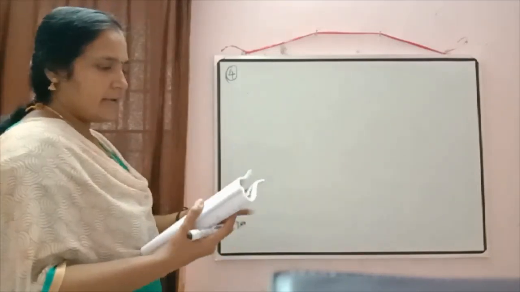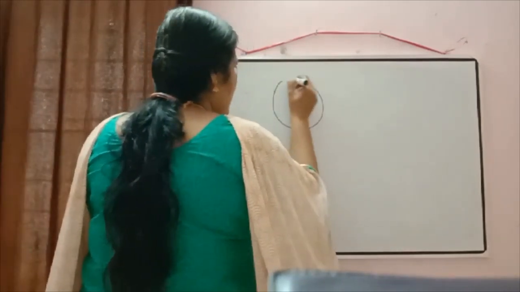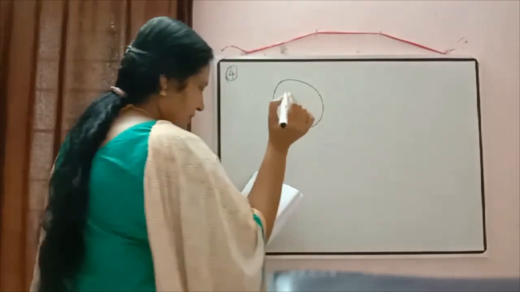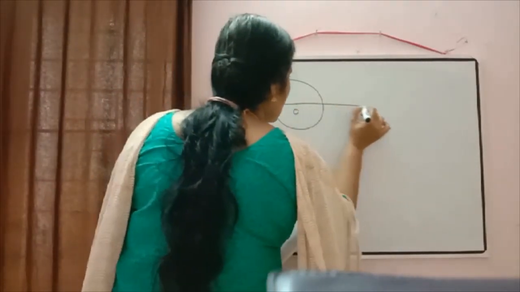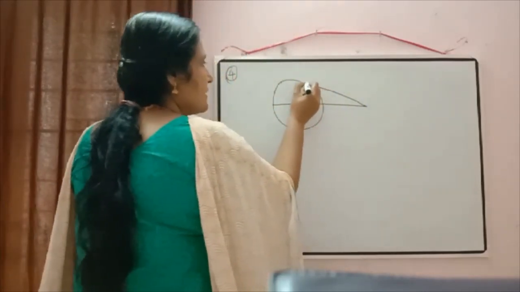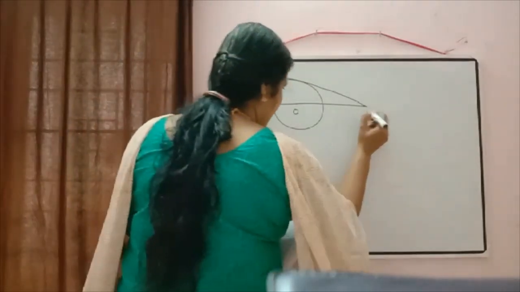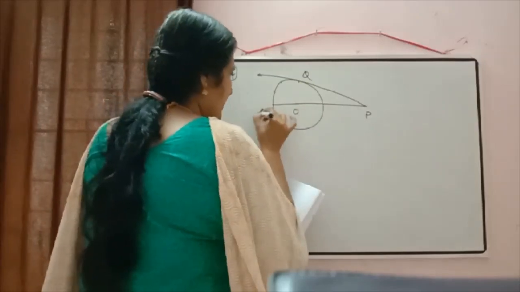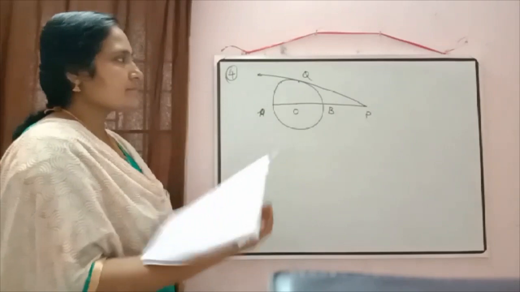Diagram already is there, so we will draw the diagram. Here it is drawn in this way. Mark the diameter there, and the diameter you can extend there in this way. We are extending the diameter, and from here a tangent is there. So in this way we can draw the tangent. Here it is written P, Q, A, B here. Okay, these are the things given.